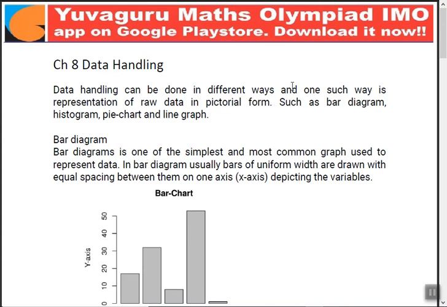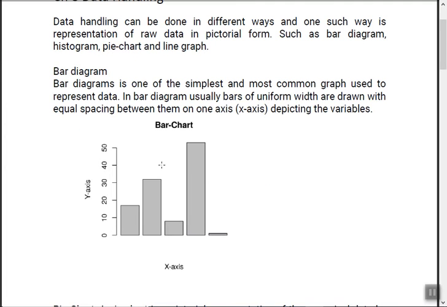Now when you segregate it, that becomes the information. Segregate means you separate it and put this is the height of this student, this is the height of this student. That is known as information then. Now how to represent that data? That can be done in the pictorial form. Pictorial means through pictures. So what are the pictures? Bar diagram, histogram, pie chart and line graph. These four we have. Now let's see the bar diagram.